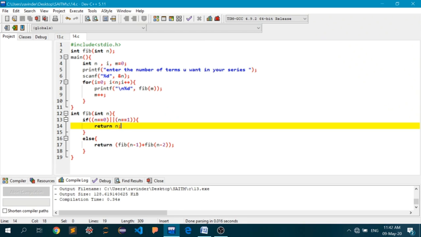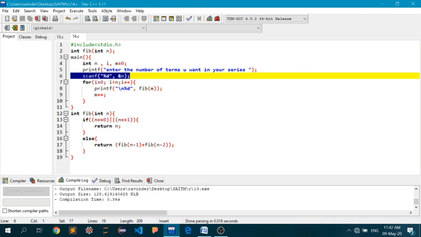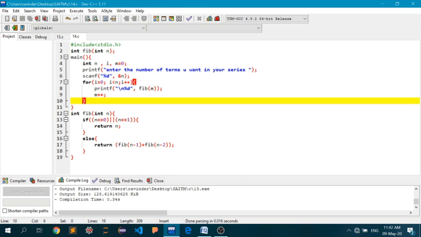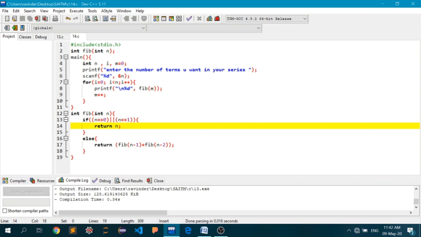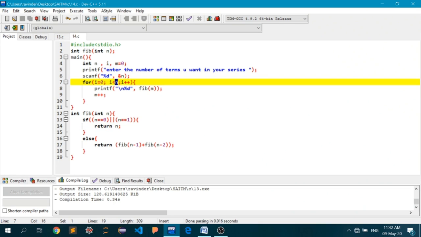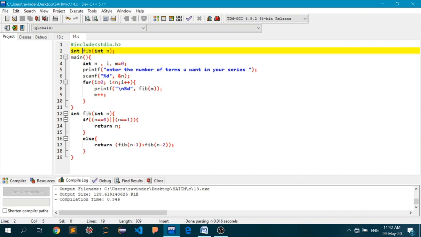Now whatever the user enters will be assigned to the variable n by using the scanf function, the standard input function, and now we'll go inside the loop. This loop will iterate n number of times. Why have I done that? As you can recall from a few minutes ago, this function fib returned only one value, not the whole series.